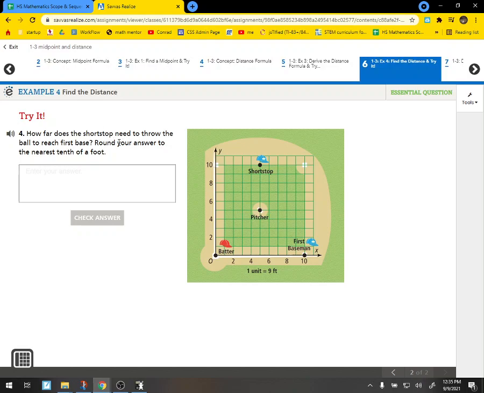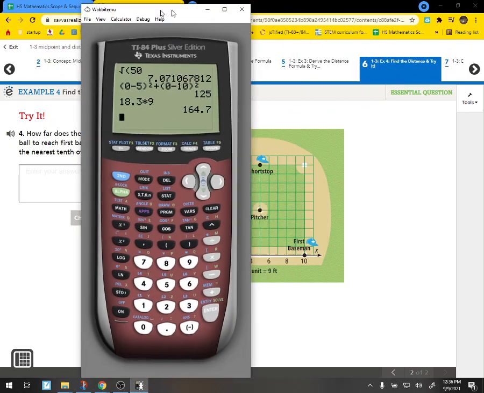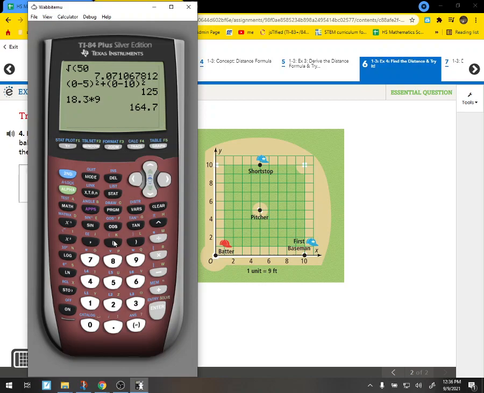Okay. How far does the shortstop need to throw the ball to reach first base? So again, it's the same kind of thing. We're just going to do the distance formula. A lot of times I like to skip writing it if I can. I'm doing shortstop to first base. So I do my x's first. This x is 10. So I'm doing first base minus shortstop. Shortstop's x is 5. Throw the squared on it, plus